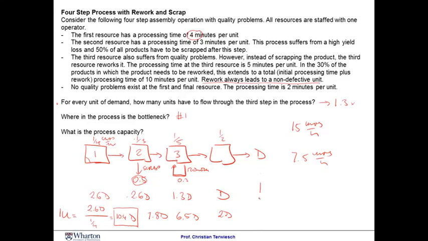Just one final observation, if you let me do this quickly: let me comment again on the rework loop. Instead of putting the capacity here as 1/5, or thus the processing time as 5 minutes, you can also take a more probabilistic approach, and I think I did this in class earlier on. You can say that with a probability of 70%, I'm going to spend 5 minutes, and with a probability of 30%, I'm going to spend 10 minutes, and so you get 6.5 minutes per unit as your processing time,